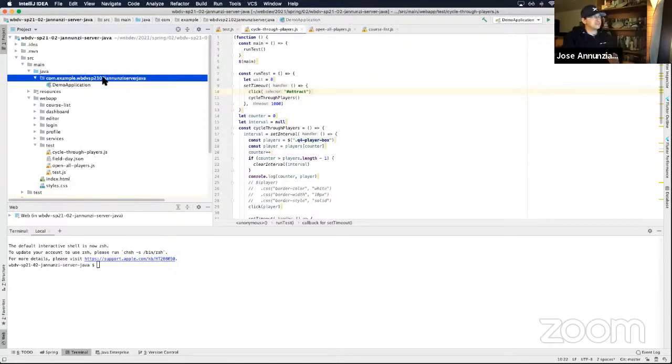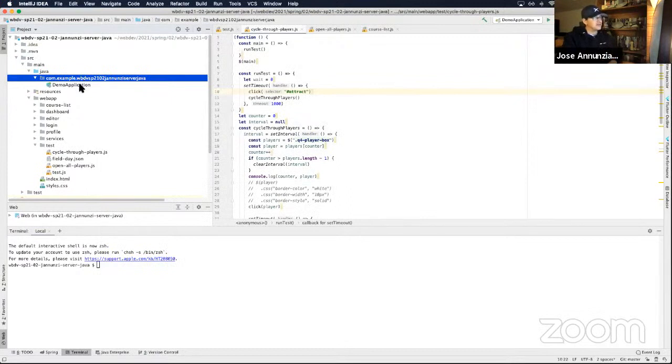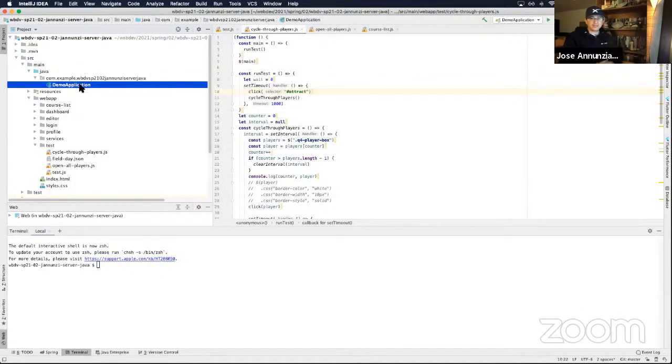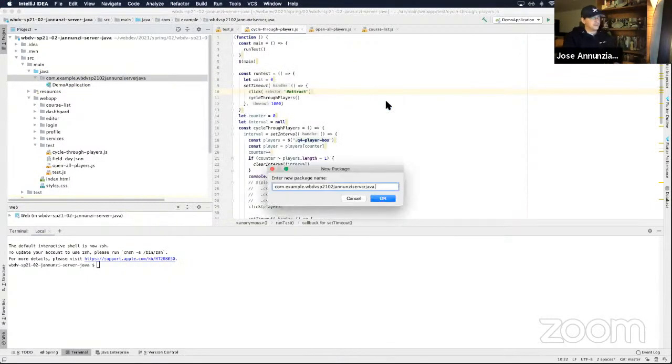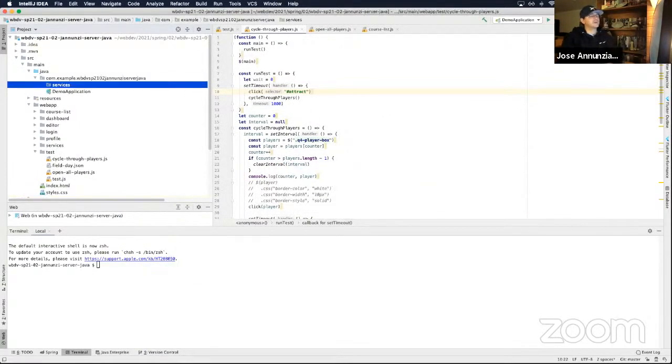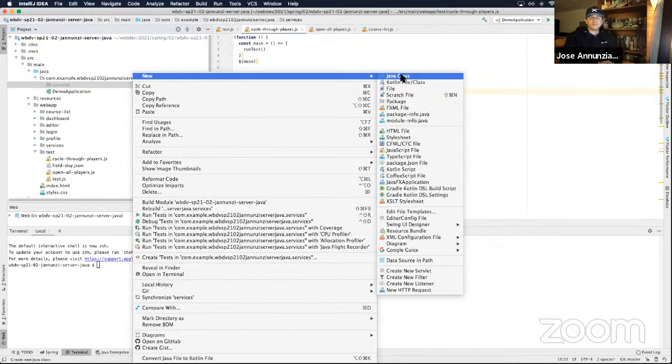So let's create a service. All our services have to exist at the same level as your demo application. Well, they could exist other places, but it's easier if you just do it under here, okay? So we're going to create another package here. We'll say new package, and here we're going to put all the services, okay? And under here, we're going to create a service. We're going to say new,